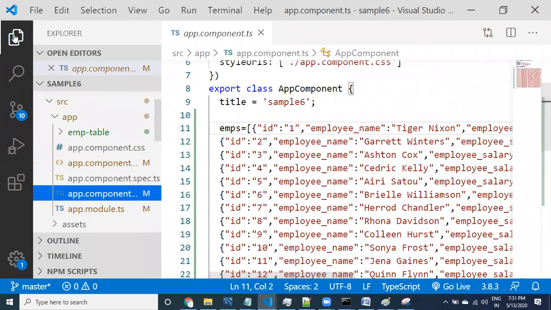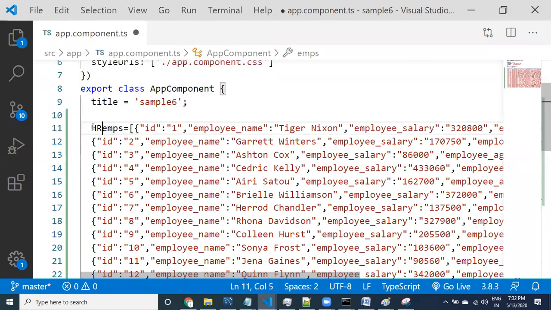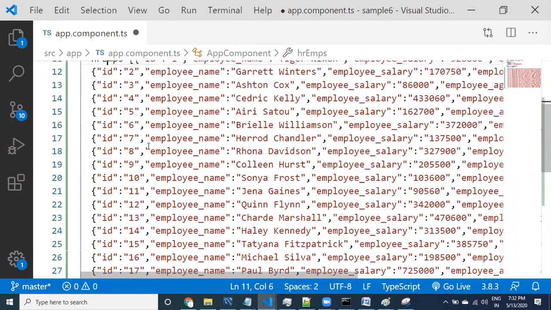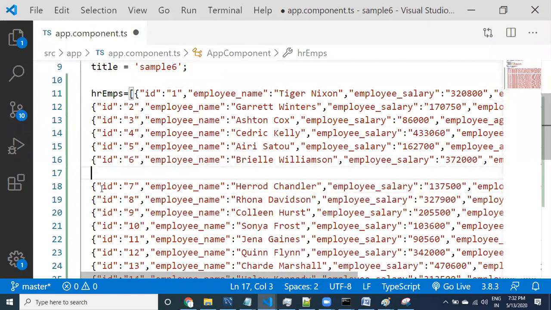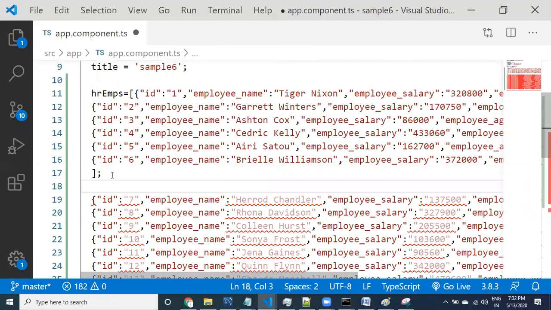Here in the app component class, I'm going to divide the employees. This employees property, I'm going to make it HR employees, like HR EMP, until here. Again, one more property I'm going to take, IT employees, for the IT department.